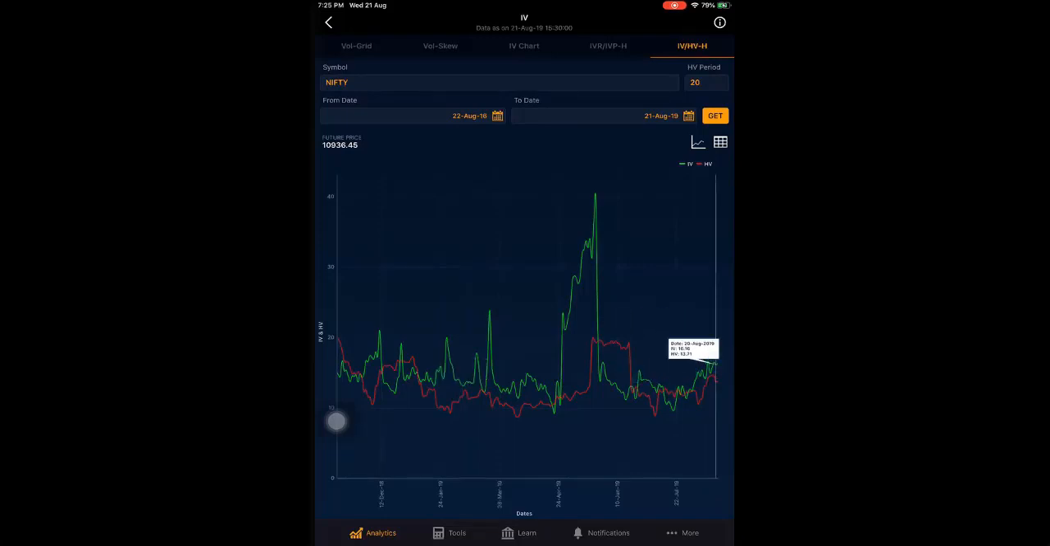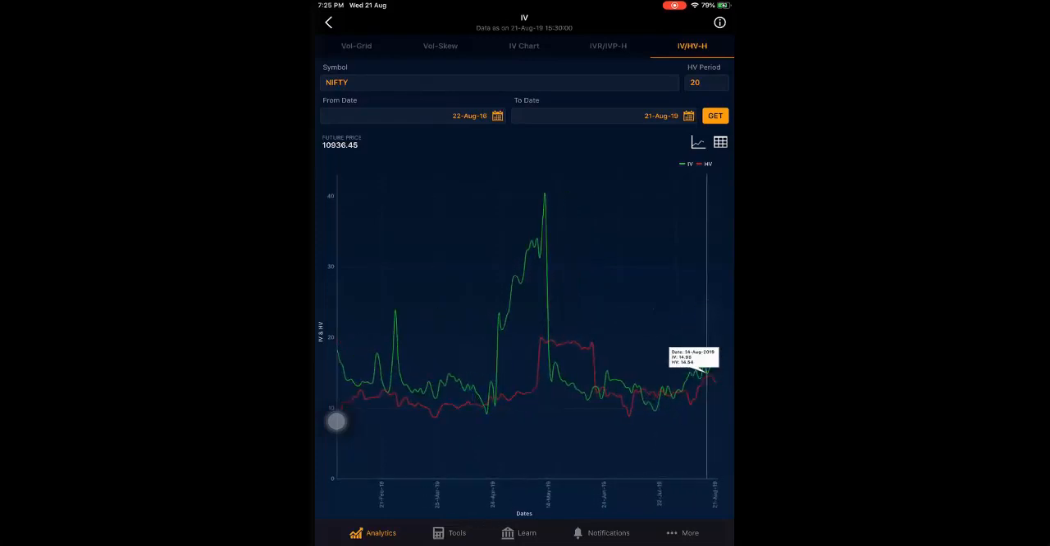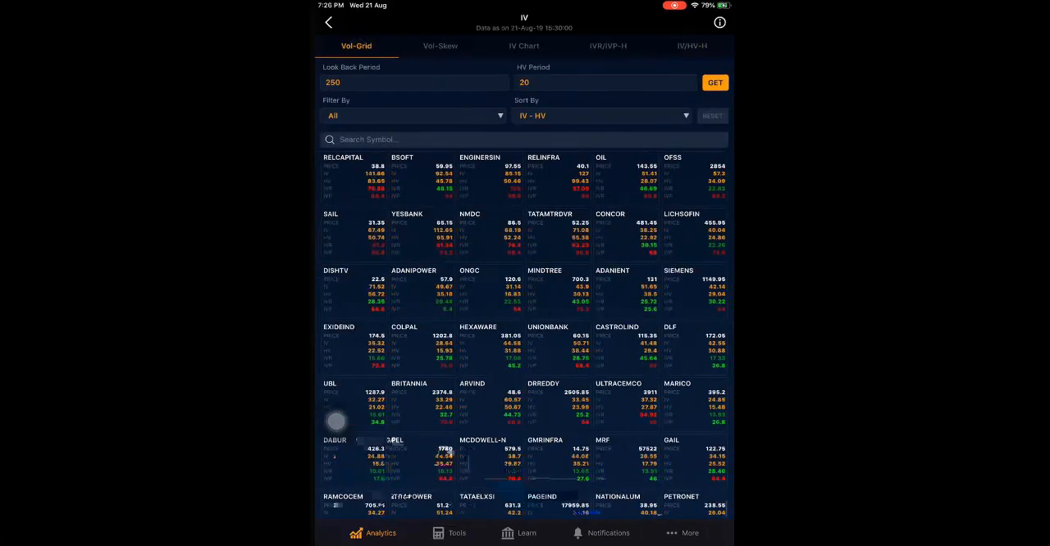So you have IV, you have HV, historical one. You can see if it breaks the historical IV, how much it can go. If it breaks the implied volatility, how much it can go. So the volatility trend is something very important to look out for every day, because it will tell you